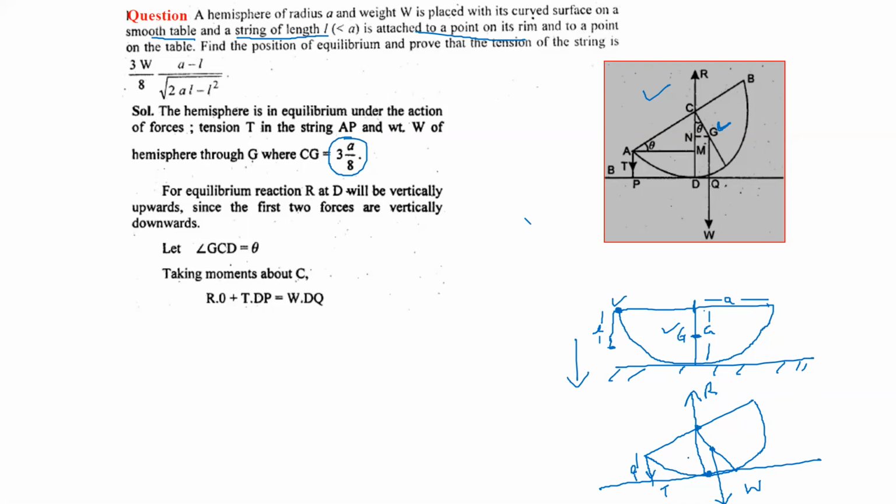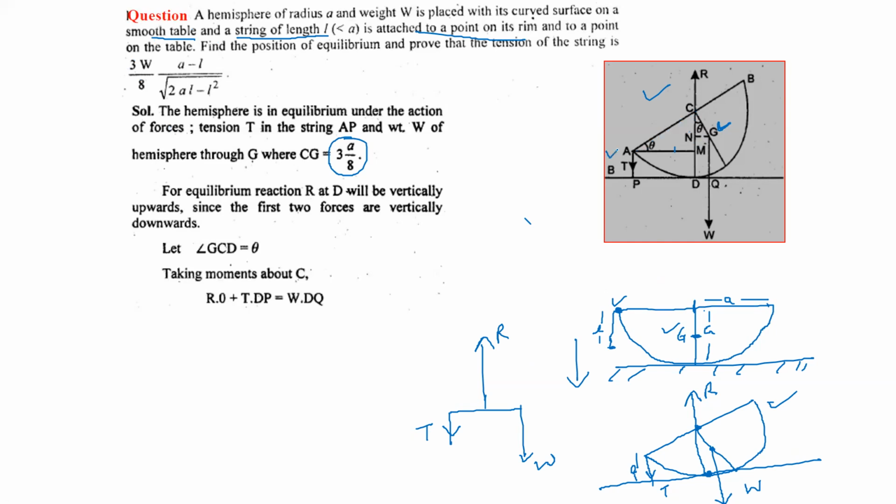And the third force, the tension force. So again, we have three forces, P, W, and R, the reaction of the table. So these three forces balance each other. So when these three forces are there, then it will be balanced, and it is not now in motion, it is now static. So what we have to find? We have to find the value of T. Rest is the construction, the other lines which are constructed here, and why we need them, I will explain.